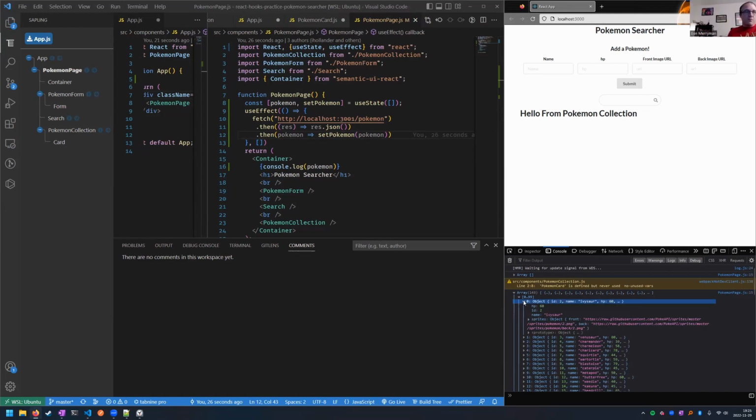Why is this so big? Do I need to destructure this? No. I'll destructure the object array when we pass it. Yeah, okay. Anyways,